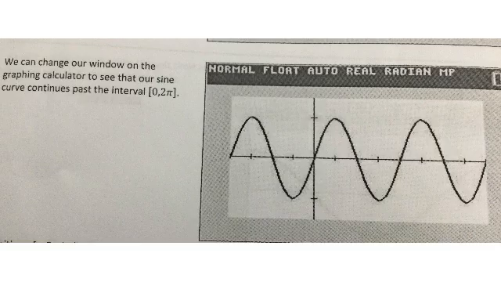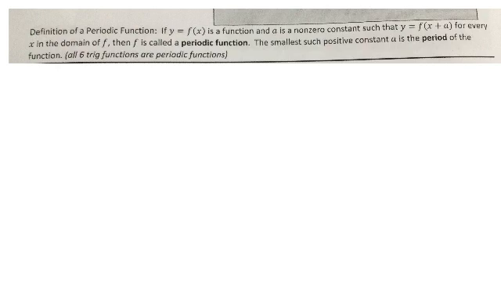So in this window, we're looking at the values from negative 2 pi up to 4 pi. And we could keep widening it, and we would just keep seeing more of these sine waves, because it's the same pattern over and over and over. Okay, so this is going to give us a new term to call this sine wave. It is called a